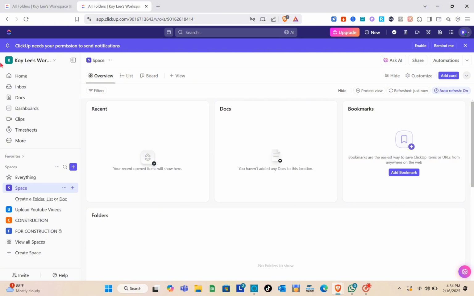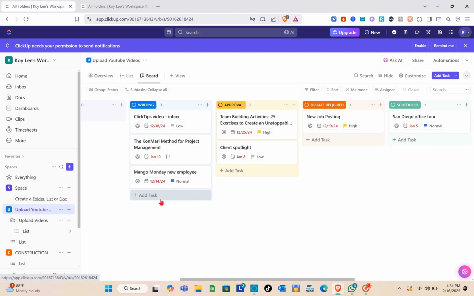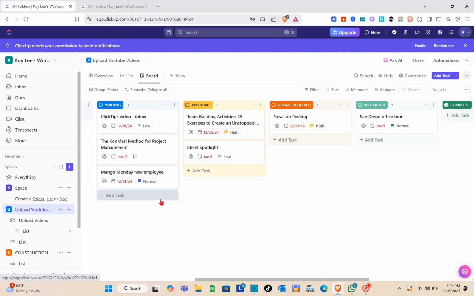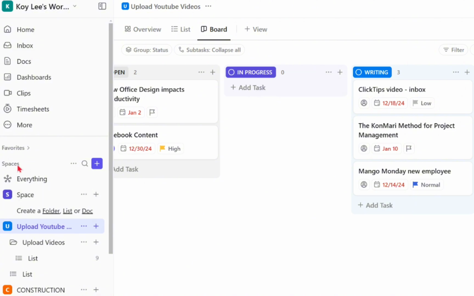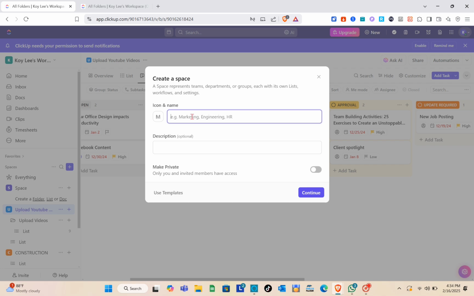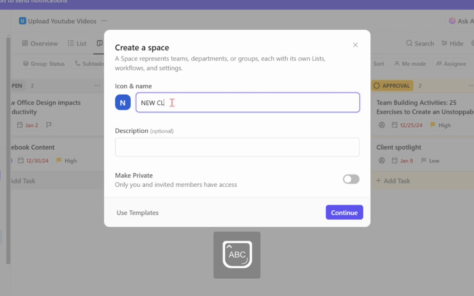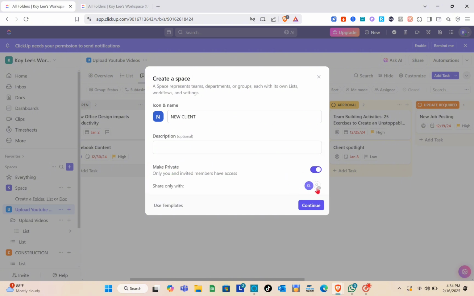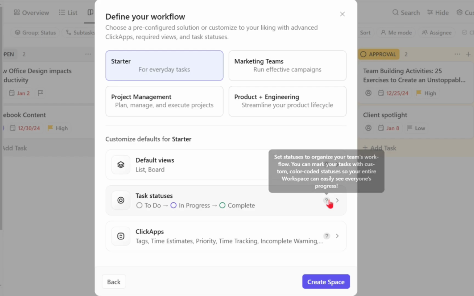Now, to create your own space, as you can see, I have different spaces here. So basically, to create your own space, you just have to simply click on this purple icon or the plus icon right here. So you just simply click on this one and then create a new space. I'm going to name this one new client. And then for the description, this one is optional. If you would like to make this private, you just toggle the switch on and click on continue after